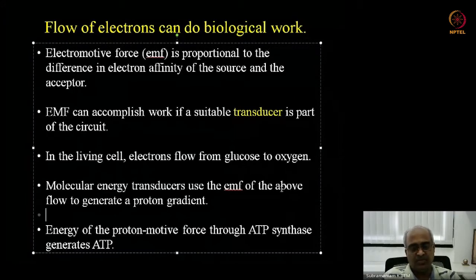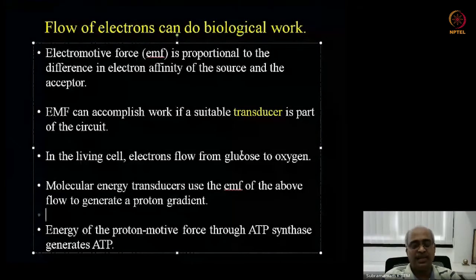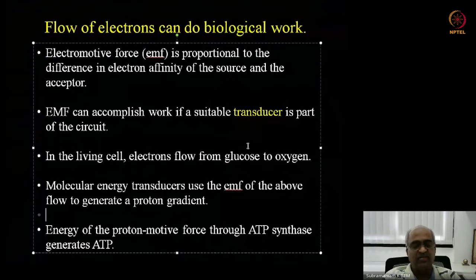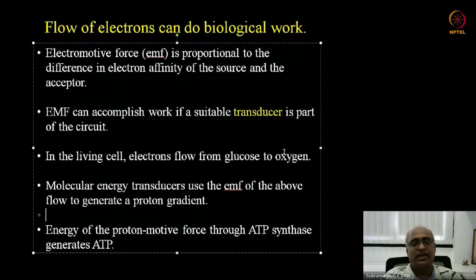So similarly, from glucose to oxygen, it is like from the top of the waterfall to the bottom of the waterfall. It doesn't directly fall. There are intermediate carriers from glucose to a next relatively high affinity electron acceptor. And then from that to a relatively higher one, the next one. And so on. There are multiple things between these two. And in each one of them, you have a transducer, and the way the energy is transduced here is to push protons against a concentration gradient across a membrane. So you end up